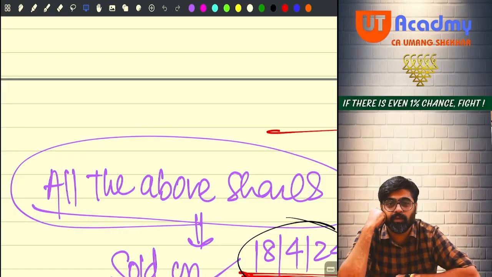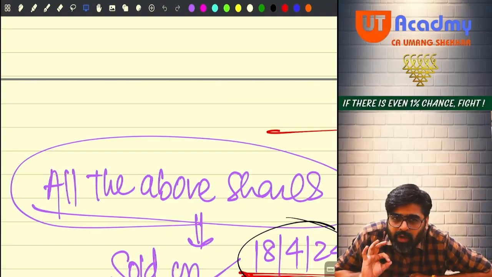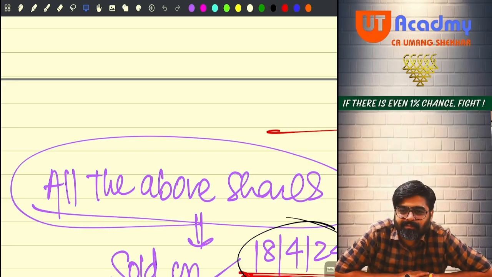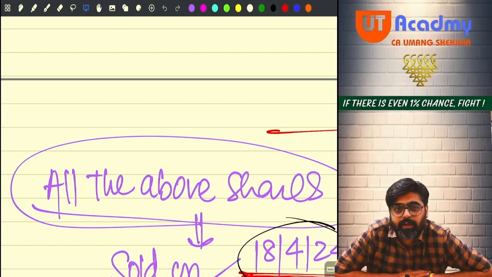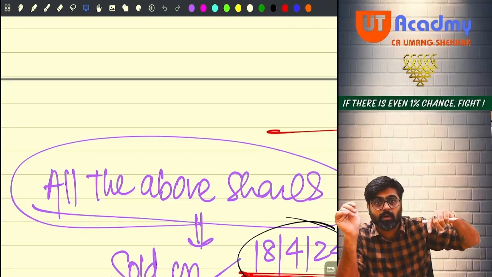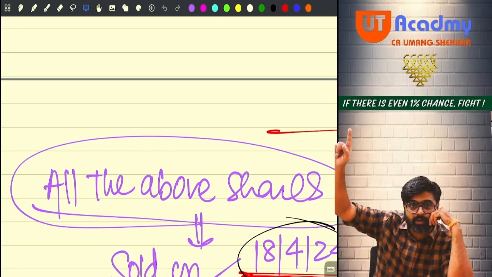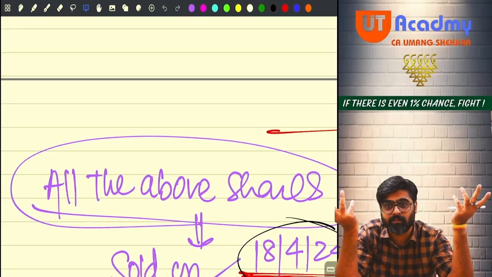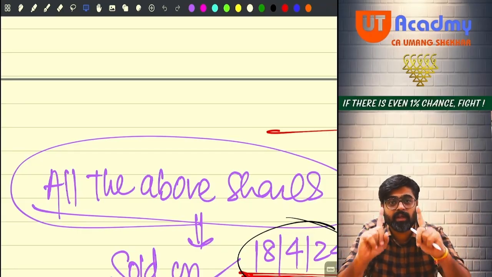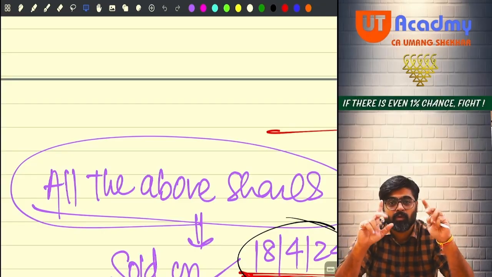The question could have told you that out of all the above shares, 22,000 shares are sold. Then which 22,000? 10,000, 10,000 and 2,000 out of the last lot, or the second 10,000, then 5,000 and then 7,000 from the first 10,000? It can be in any permutation combination, sir. No. Always follow FIFO basis.